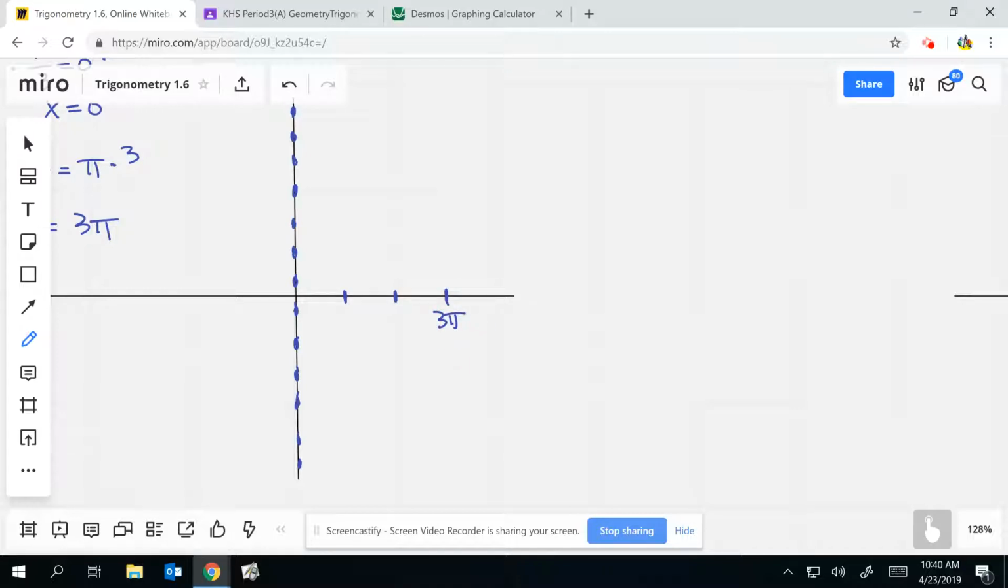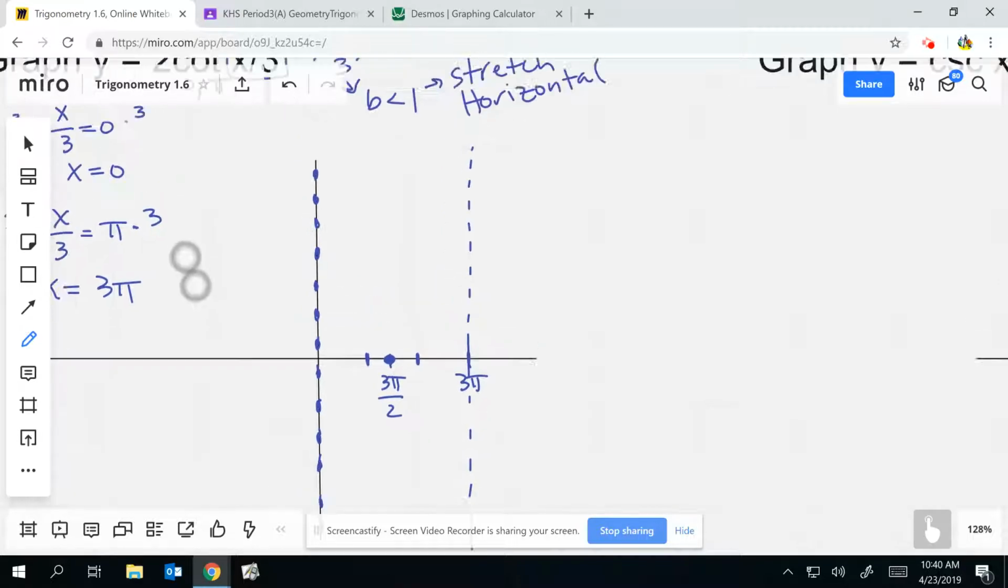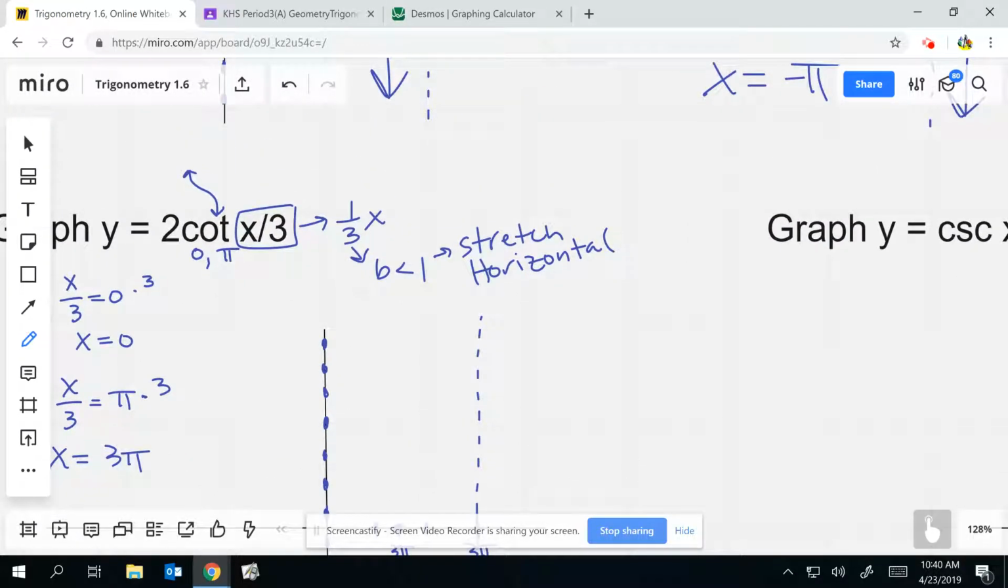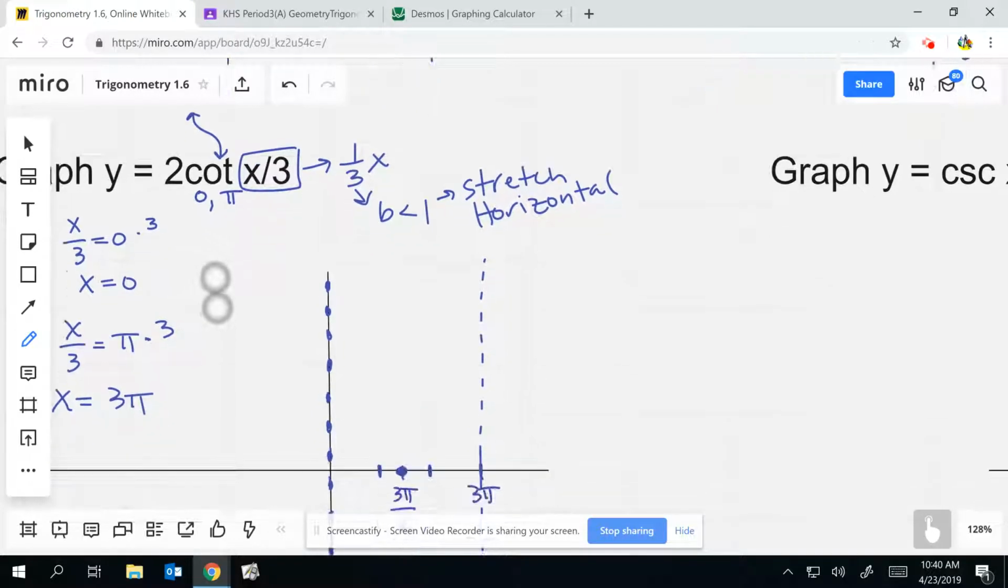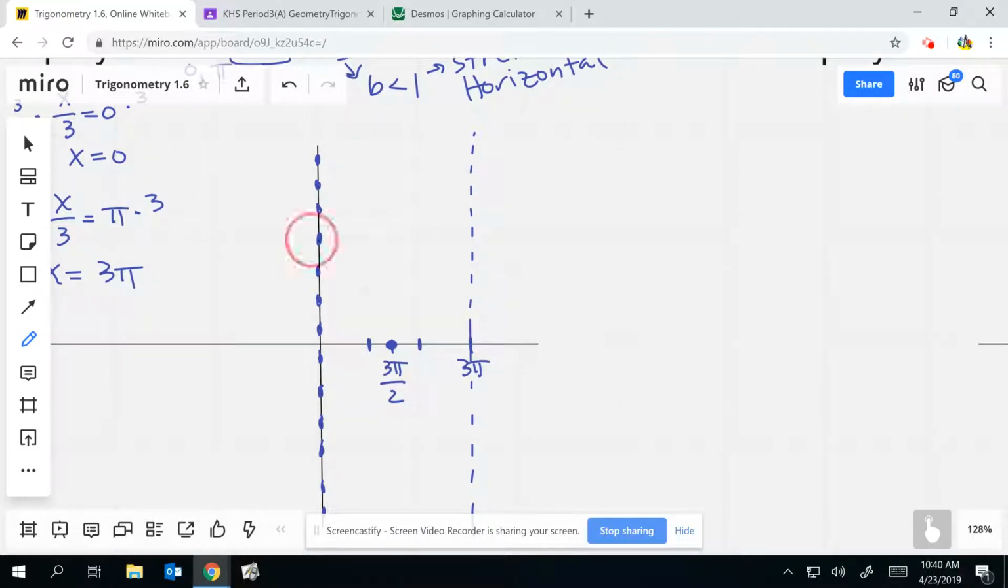What's halfway between 0 and 3 pi? That's your intercept. Halfway between 0 and 3, 1.5. So you got to go to 1.5 pi, which you could write as 3 pi over 2 if you want. That's the same as 1.5 pi. That's not a dotted line. That's your intercept. And since it's a cotan, and our number in front's a 2, you could go up 2,